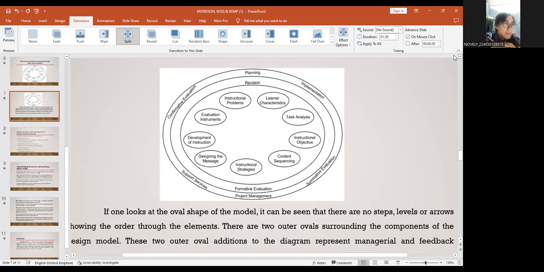For example, I may choose project management. So after confirmative evaluation, I can take project management based on the problem that they face. Maybe in project management, I will manage